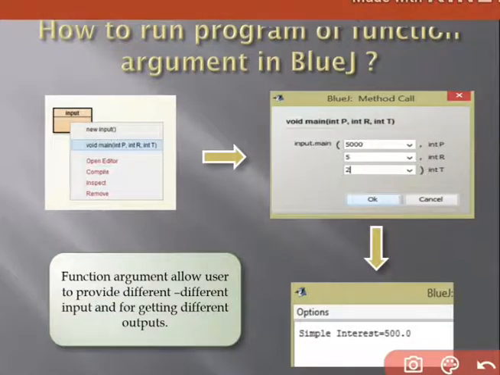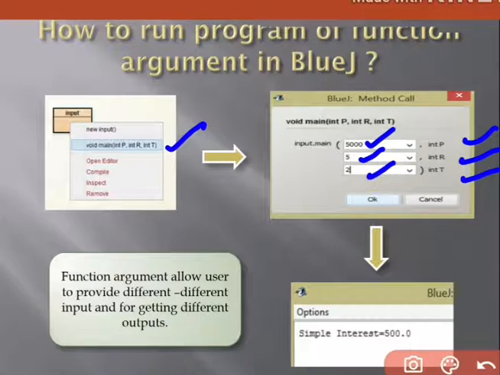See what happened. 3 arguments, 3 boxes. Int p, int r, int t. If you have 4 arguments, then you have 4 boxes. Just remember that. With the help of these boxes, we can insert any values here. And then we have to press OK. After pressing OK, we get an output. Just remember that.